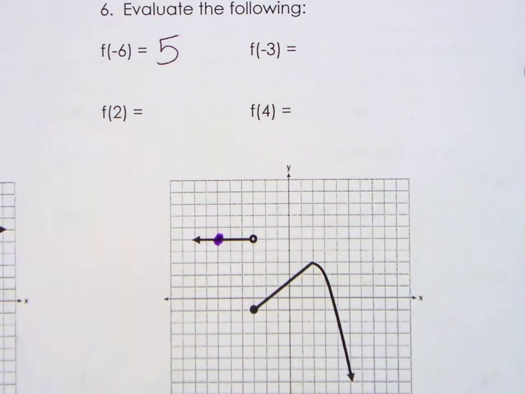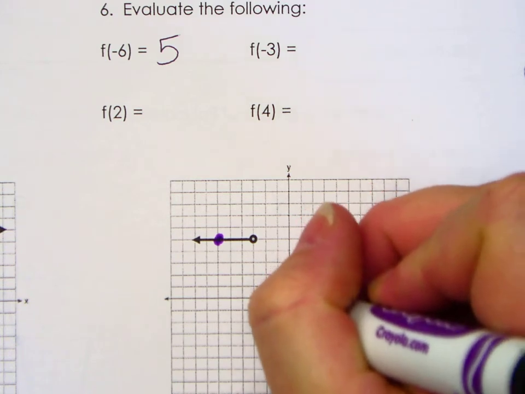All right. Now here's the issue. Negative 3. If you go to negative 3, you could